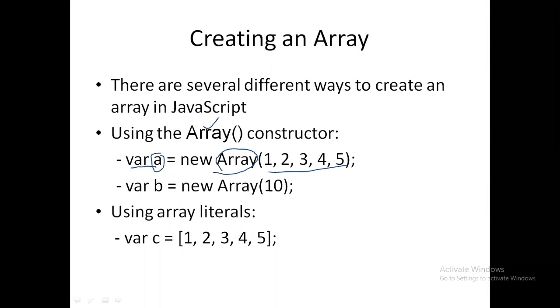So what JavaScript method is available? One method is something called Array. We call that a constructor, which is going to store the values. So if I want to store any values, I can store like this. So 1, 2, 3, 4, like this also I can store. Or I can store b is equal to new Array(10). That means it is going to store one single value also.